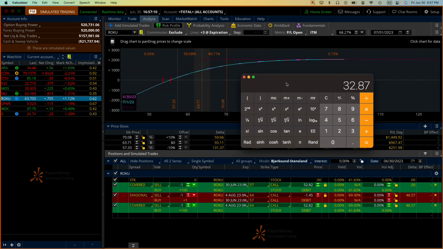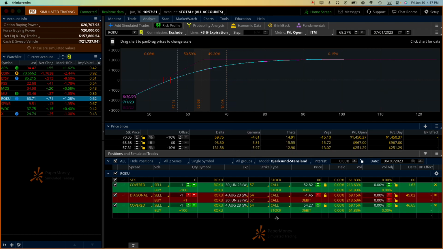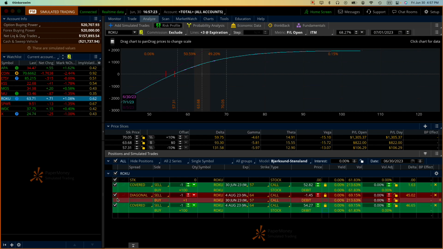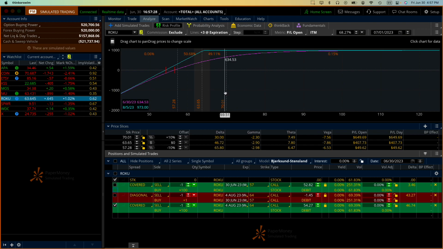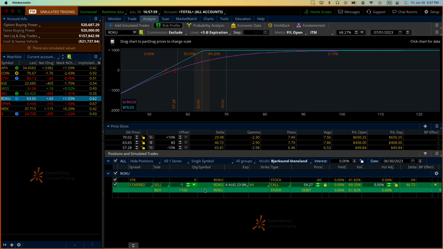So 52.82 plus 1.45. So our cost has increased. Okay. And this is what it would look like, and our maximum will be 973 maximum profit if it stays at this price or goes. But all we care about is the option being eroded. Okay, let's move on to